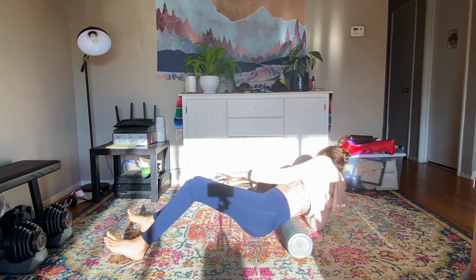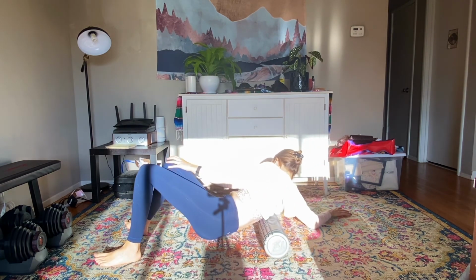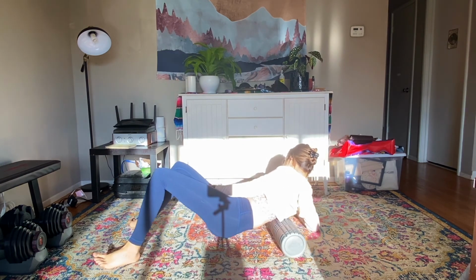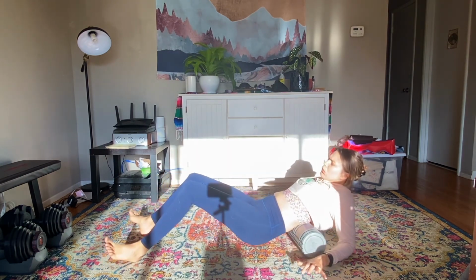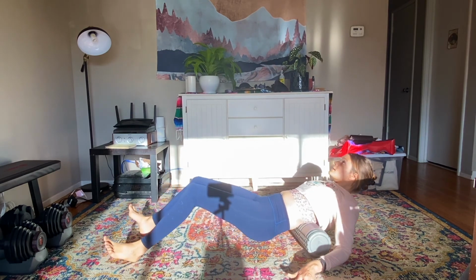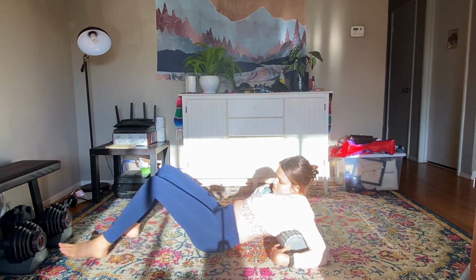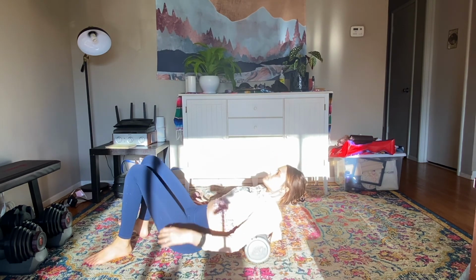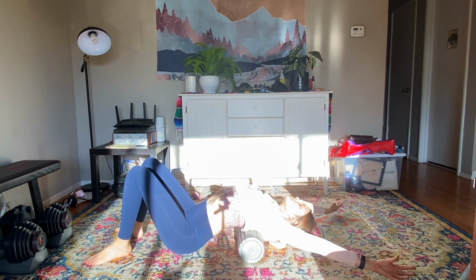And then hitting the other side, just leaning to the right slightly. Not on the rib cage, still in the spine. Just getting the right side of the back. And then coming back down to neutral. Couple passes of the mid back. And then we're going to take that foam roller at the shoulder blades and reach the arms up and overhead